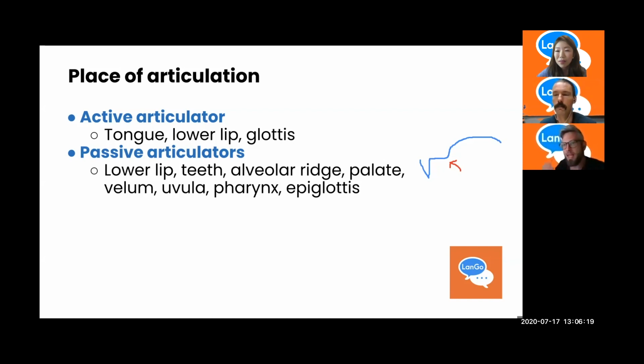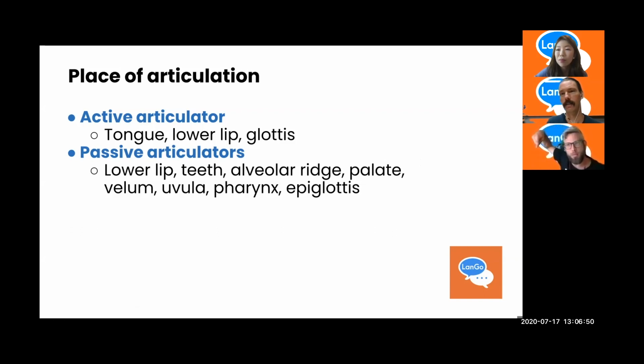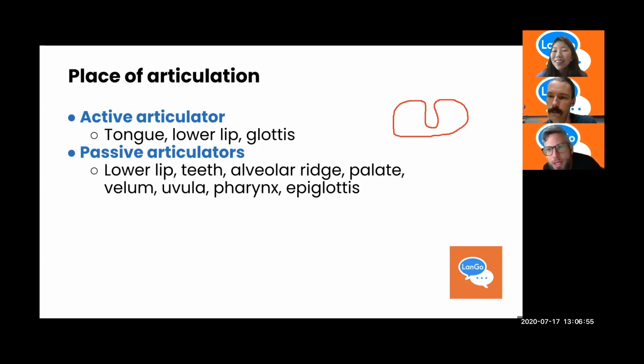The next one is the palate, and in your mouth, that's behind the alveolar ridge. That's what you might call the roof of your mouth. Then you have the velum, which is basically the back of your mouth before the uvula starts. If you want to imagine what the uvula is, you have seen cartoons where they're screaming and the thing in the back of their mouth is shaking. That's really the uvula. I think maybe they've called it tonsils in cartoons, but that's not what it is. That's the little bell you have in the back of your mouth. That's what Chewbacca uses to make sounds.